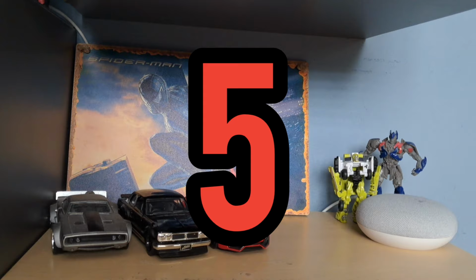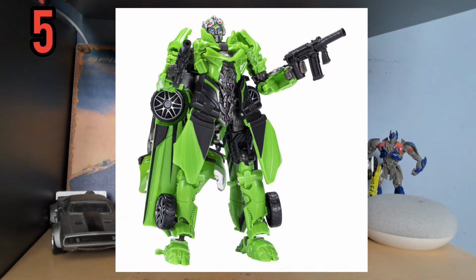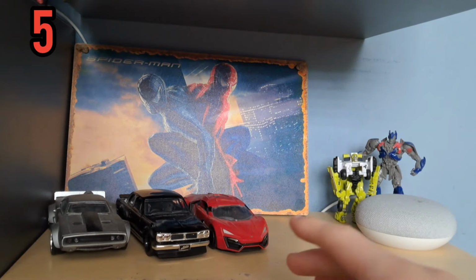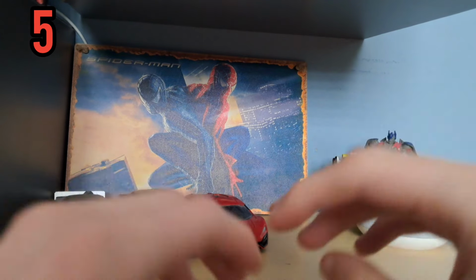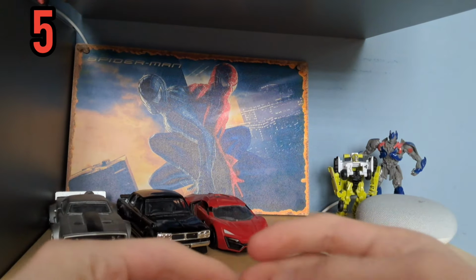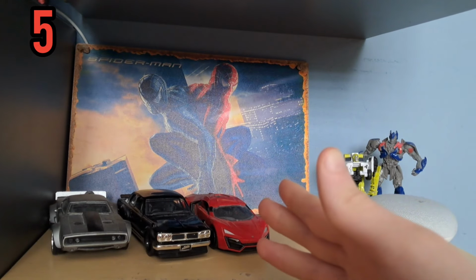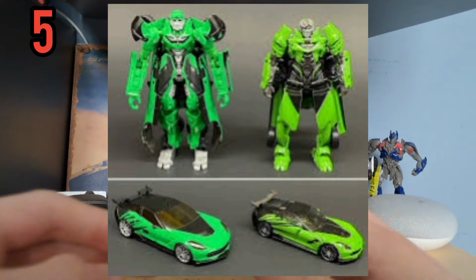Number 5 is a more recent figure. It's Crosshairs. The figure looks nice. How you handle it is terrible. So many pieces fall off in that figure. I feel like they just have to redo this figure and fix the problems that it has. The trench coat stuff, they all just fall off. The front pieces are really annoying. Last Knight Voyager had that one perfect. I think that one was a lot better than the Studio Series one,